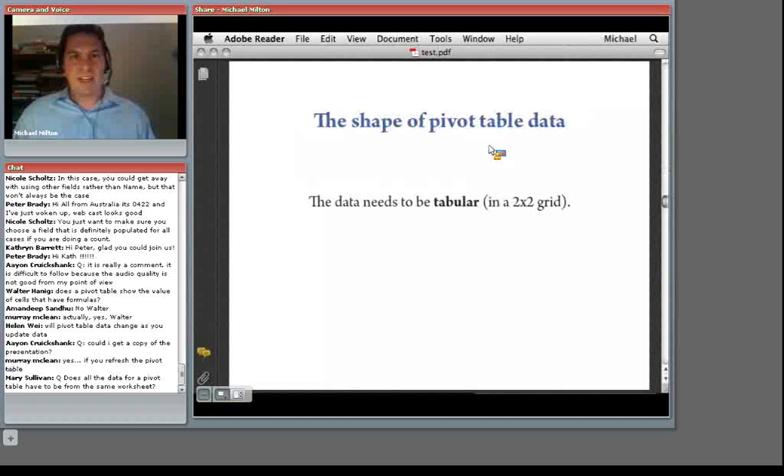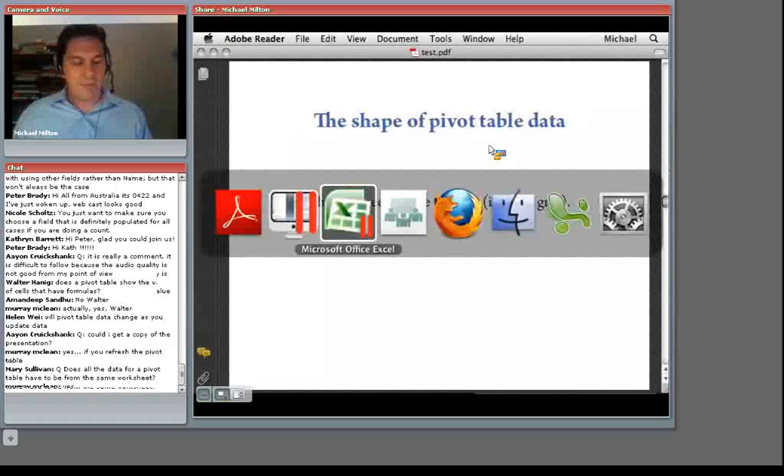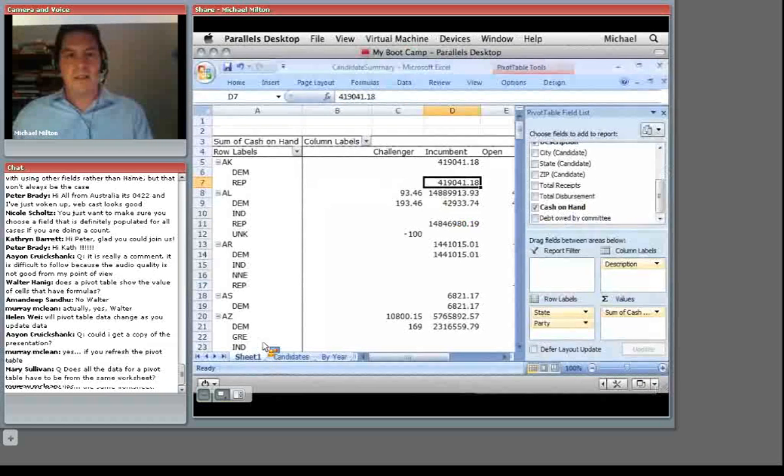First, let's think of the shape. The data that you put in a pivot table needs to be tabular. It needs to be in a 2x2 grid. So let's look at our data again originally. And I can zoom out a little bit, you can see this is a big 2x2 tabular